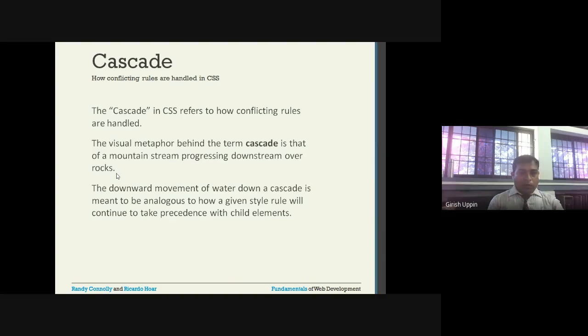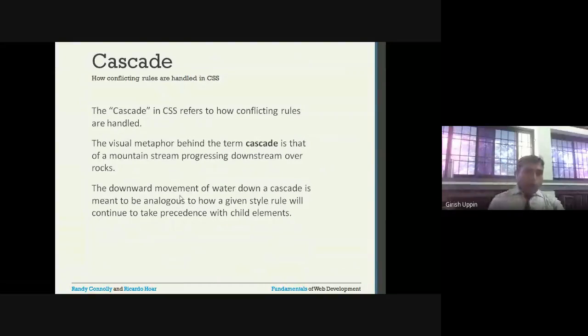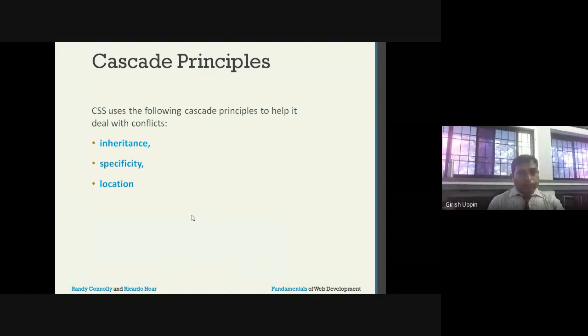That is the meaning of cascade. It is the downward movement of water, like how water flows from top to bottom.